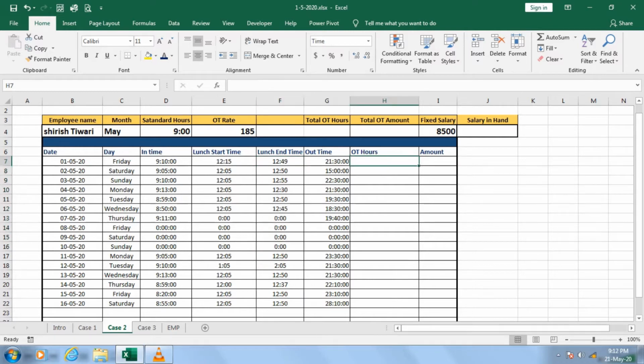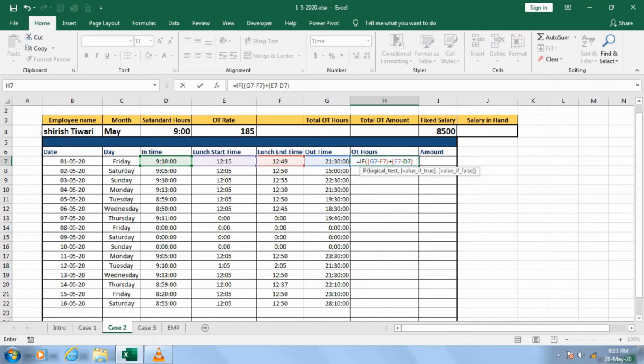Let me do it, equal to IF. Open the bracket, then this minus this, that means out time minus lunch out time. And then you have to add, again, your lunch start timing minus this. Close it. When I do the minus timing for getting my OT hours, whatever answers I am getting, if you want these entire answers, you can close one more bracket so that they get combined together.